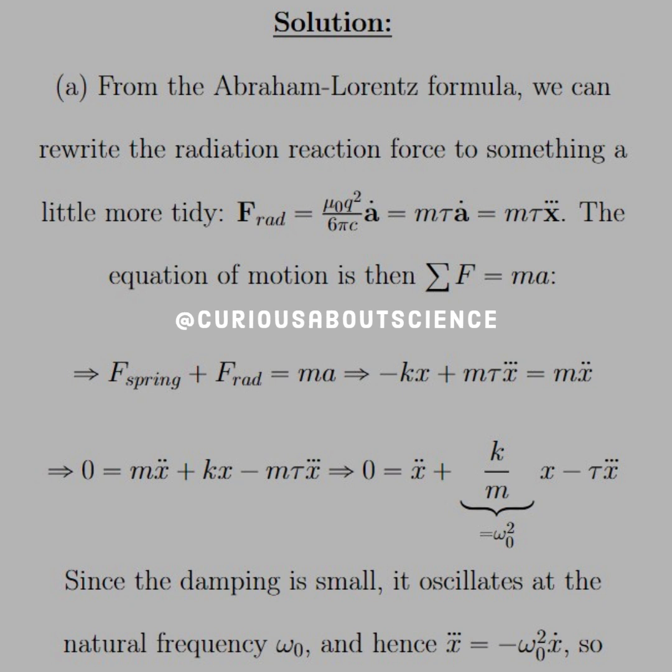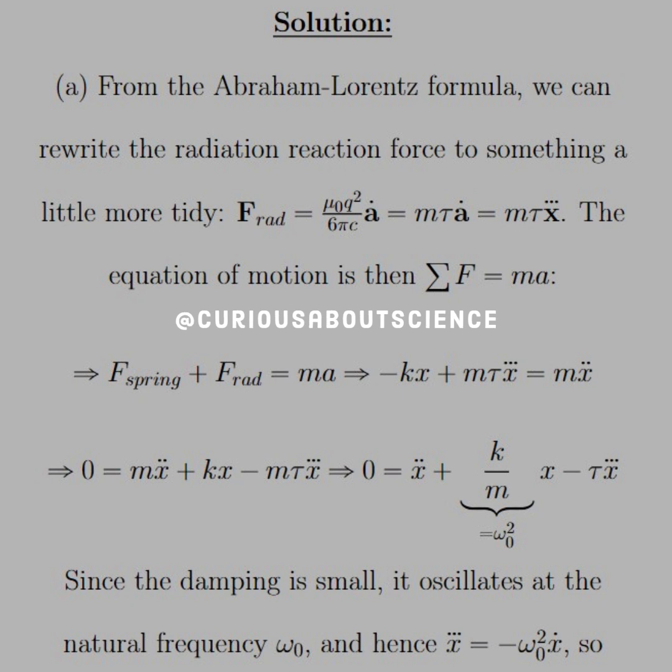with respect to time. So the equation of motion based on the sum of forces is F spring plus F radiation equals ma. Well, if that's the case, we just have negative kx plus m tau x triple dot is equal to m x double dot. Okay. Here, if we set this equal to 0 and put everything on the same side,